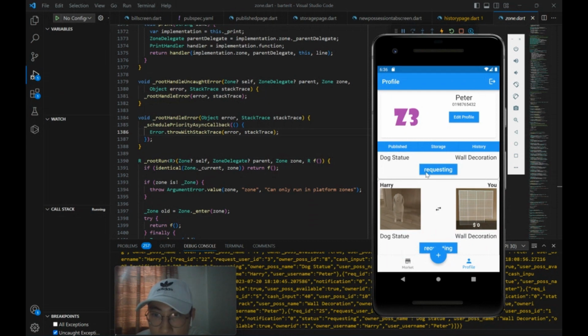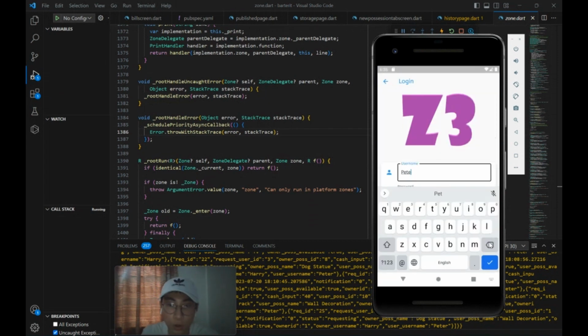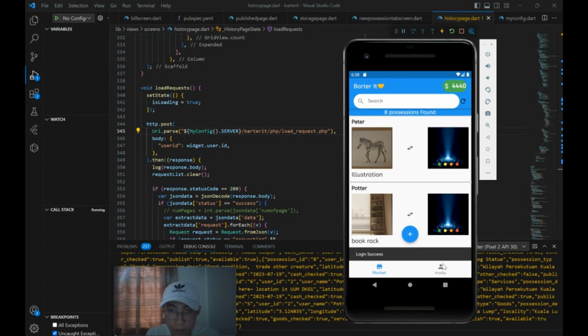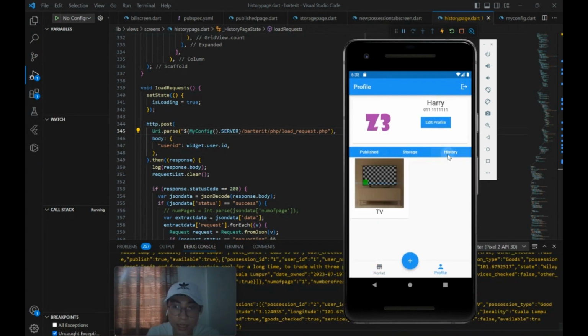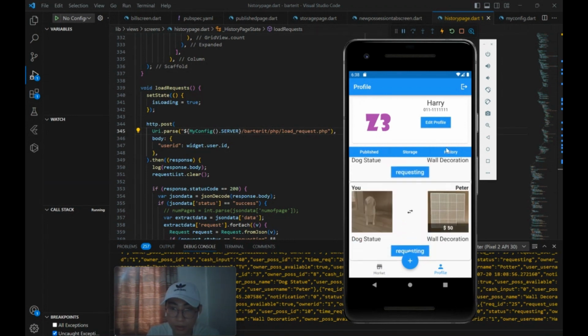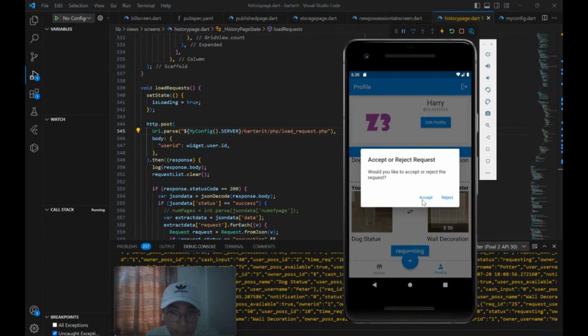But if I enter as Harry now, and confirm trade with him, Harry. Okay, I think wrong. Harry's password should be. Log in as Harry now. As you can see, multiple items are now requesting. So if I just confirm the request here, okay, I just accept the request here, the other requests will be